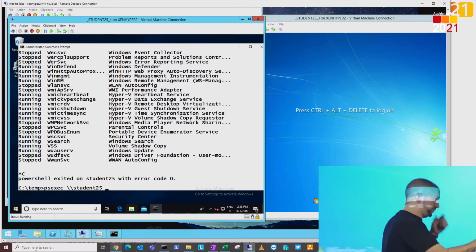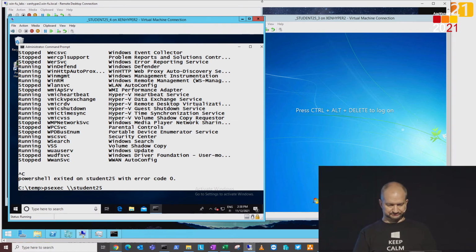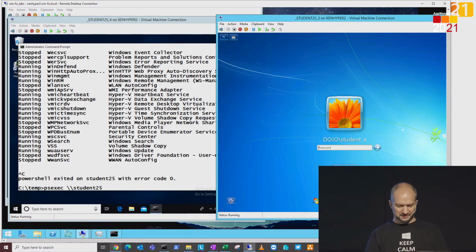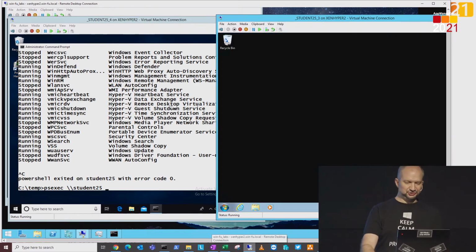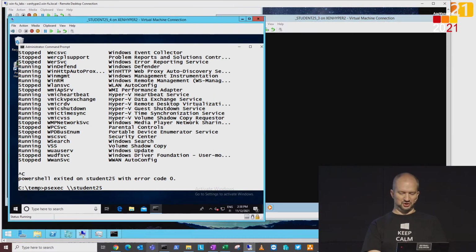Same goes for Procmon. This person here has some issues with Notepad. It's very common in my classroom to have issues with Notepad. So he's running Notepad, has issues, and we would help him from the service desk side, but Procmon has never supported remote monitoring. So with PsExec, I'm going to run it as the system account, not interactive. If you don't have Procmon on the remote computer, you have to add -c, because then it will copy the binary over first and then execute it. But I already have Procmon on that one, so I don't have to do that. So PsExec -s student, Procmon,